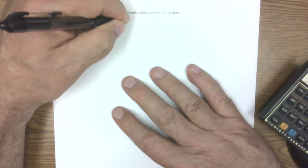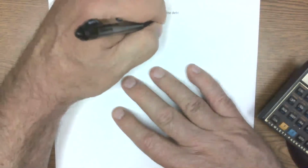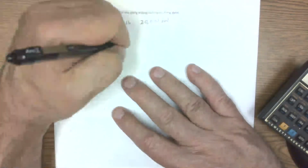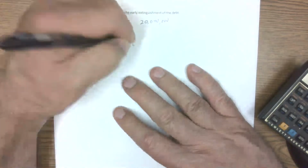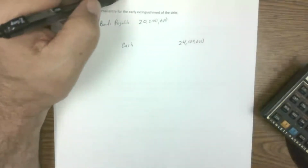So what you know already is they're redeeming the bonds payable, right? And that's 20 million. And they're paying cash of the 24,100,000. Okay, that you know already. You don't have to do any calculations, right? Okay, so you've got to get rid of the carrying value, 22 million, so that means that they have a premium on bonds payable,